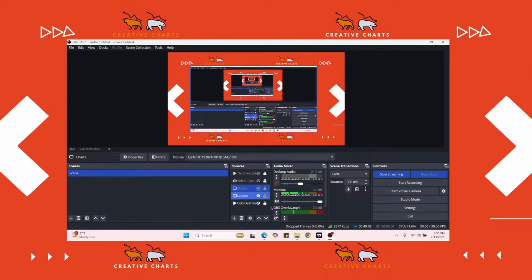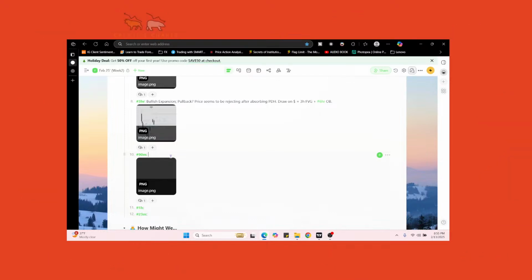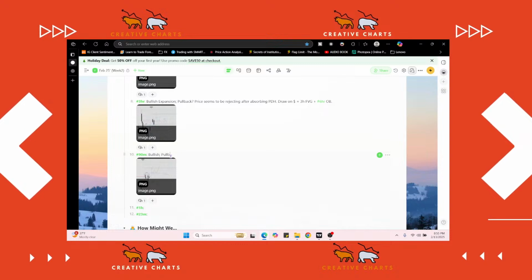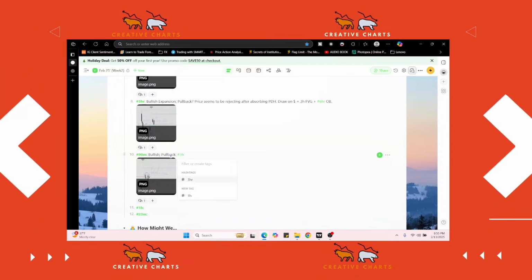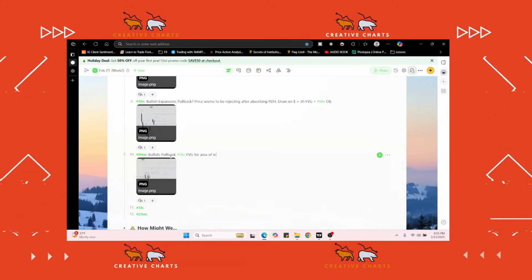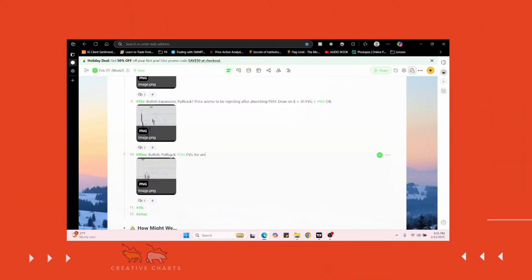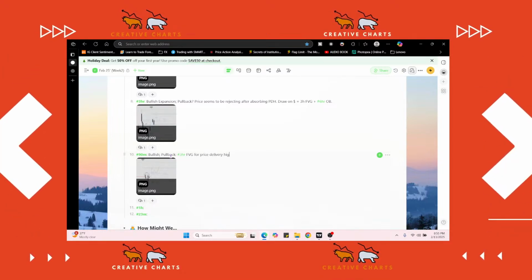I'm gonna drop on down to the 90. Post that in there. Same thing. Looks to be a bullish pullback. 3 hour fair value gap for area of interest. I don't even put that anymore. For price delivery higher from